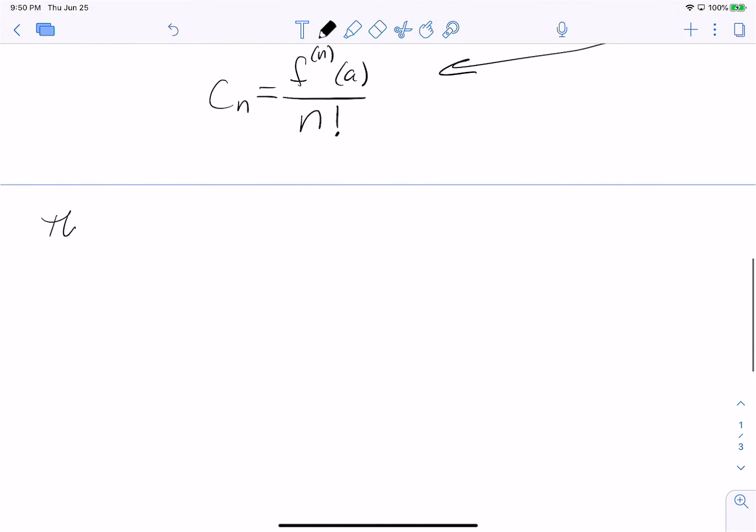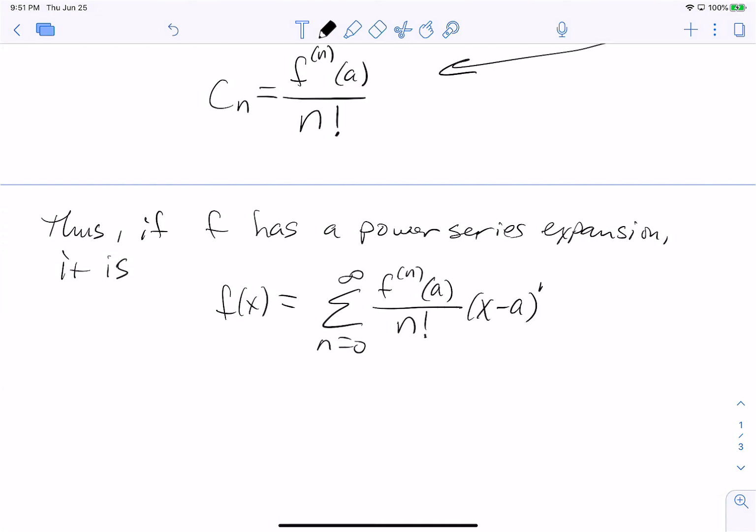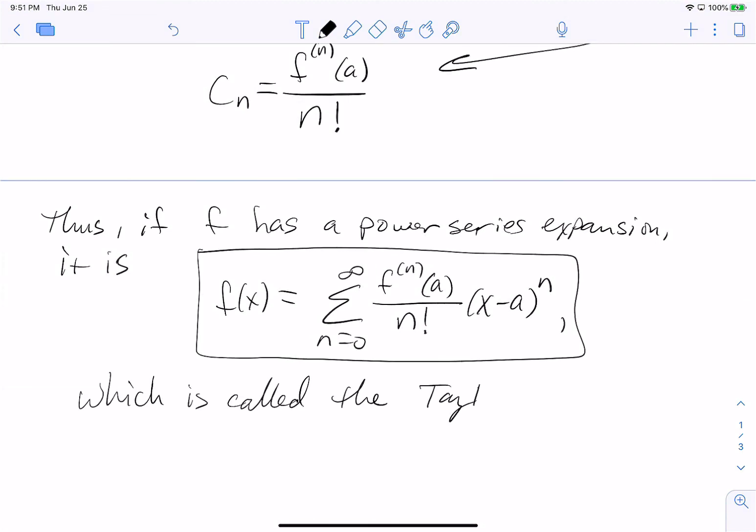So now we can bring this together and say that thus, if f has a power series expansion, that is, if it can be represented as a power series, then f of x is equal to the sum as n goes from 0 to infinity of the nth derivative of f evaluated at a divided by n factorial times x minus a to the n. I'll put that in a box because it's a really important result, which is called the Taylor series of f